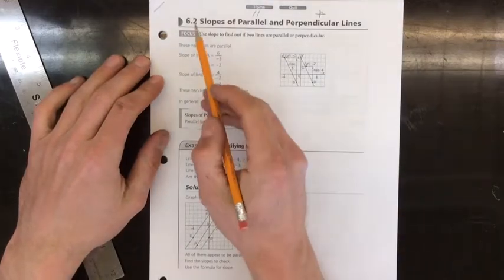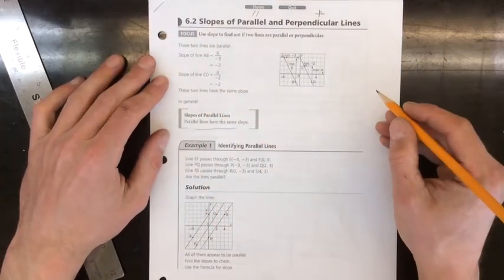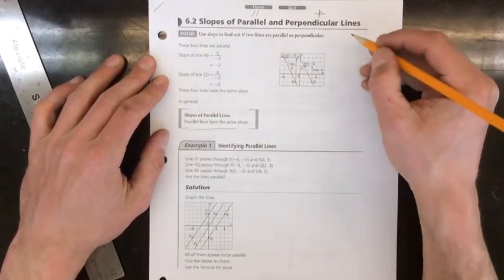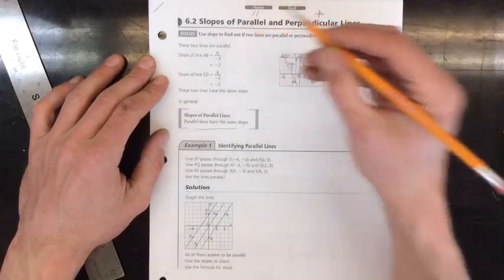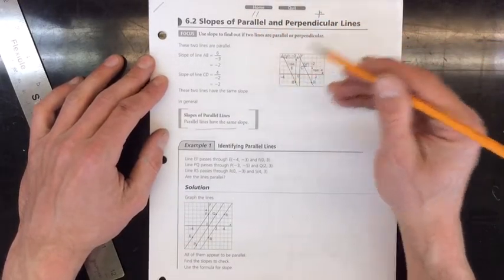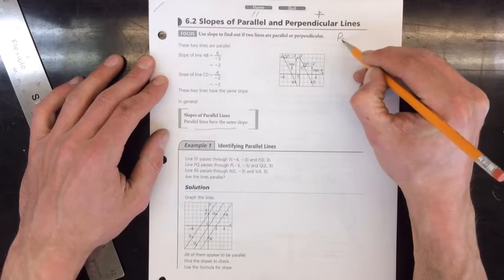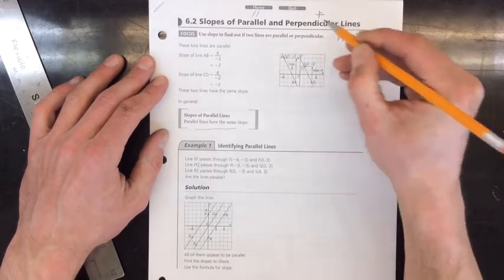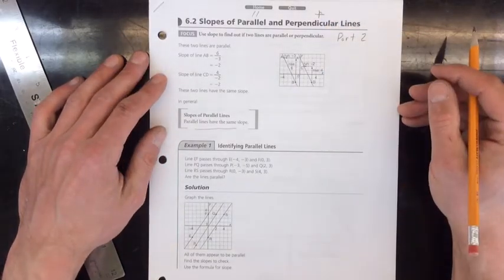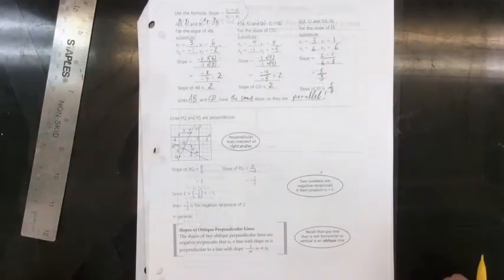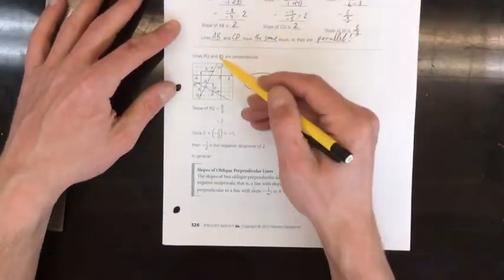Johns. Today we're continuing on section 6.2, slopes of parallel and perpendicular lines. And so yesterday we did parallel lines that have the same slope. Today we're going to do part 2, and this is going to be perpendicular lines. Okay. Now if we look at perpendicular lines,